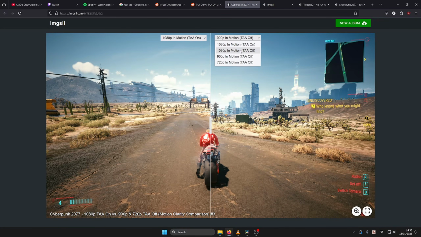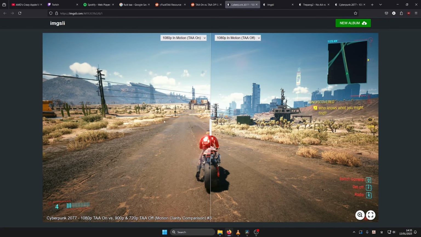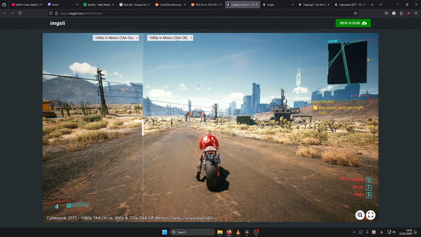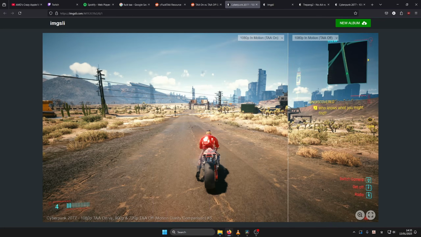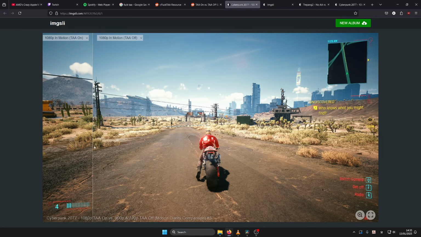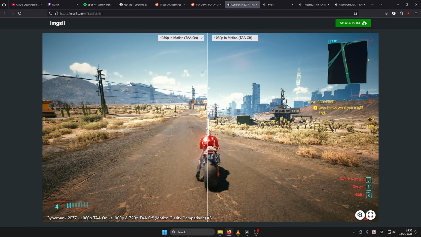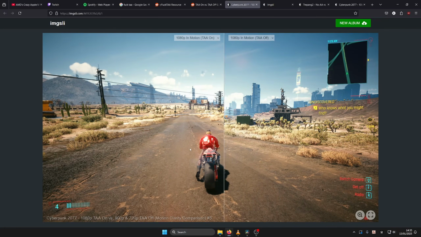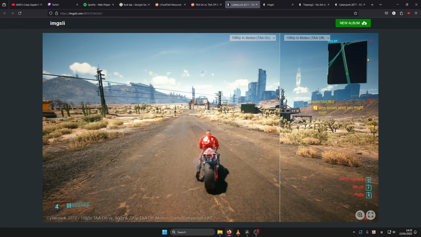Let's equalize the good old resolution. So both images are 1080p, but one with TAA forced off. I believe it's forced off by editing the config files in the game, so you can't really turn TAA off in the game menus. You'd have to change the game files for that. These two images aren't exactly the same, but they are in motion, so don't be too tough on those benchmarking guys or the guys who are taking the screenshots, alright?